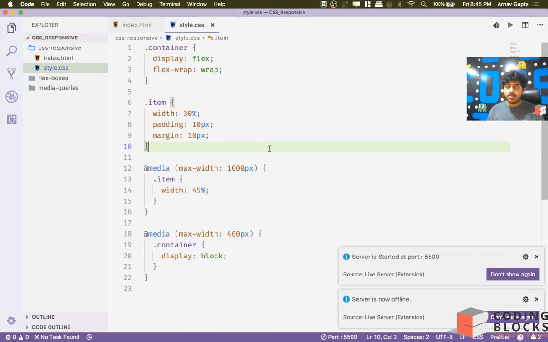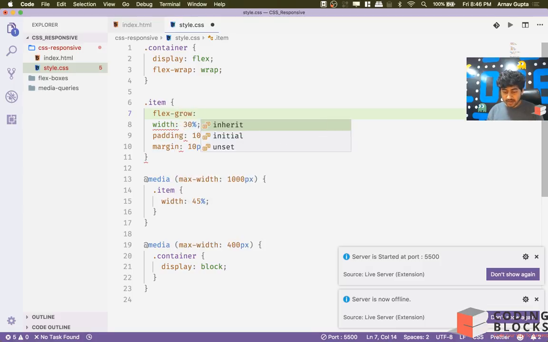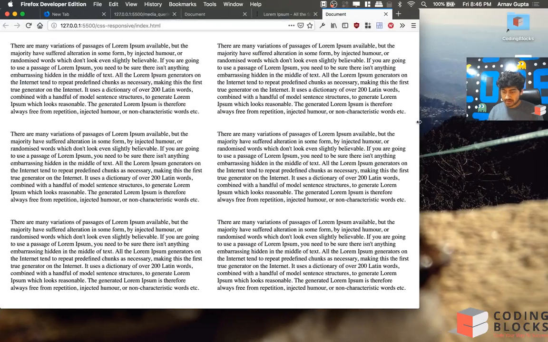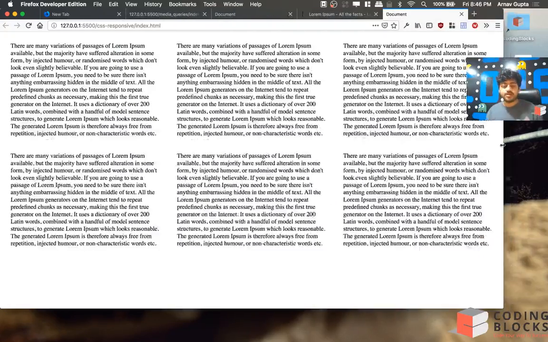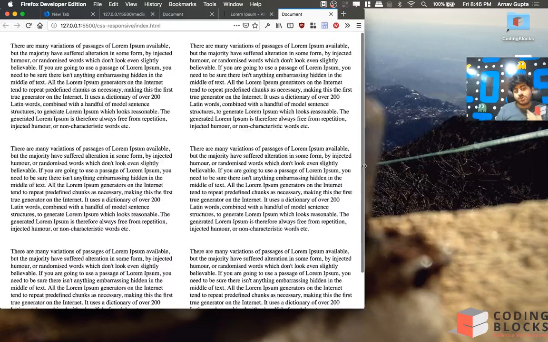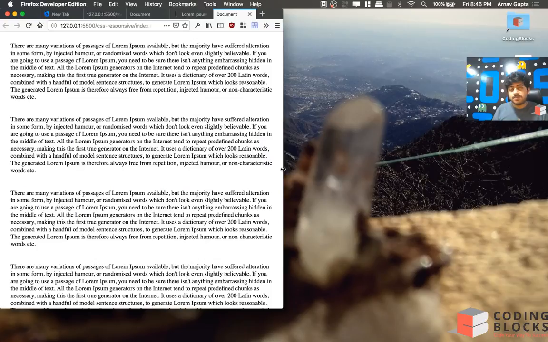Or I think instead of doing all this, you know what we can do is use flex grow properties instead. Okay, we can use like flex grow 1 on each. Always takes the full width. I think that's what we wanted. So 3 columns at this width, 2 columns at this width, and 1 column at this width. Okay, I think that's basically most of the websites that you see, websites like Medium and all, they show up like this,